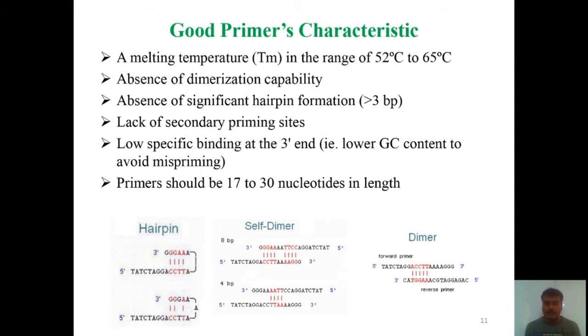If they have complementary sequences, they will bind with each other during the second step, that is annealing, and it prevents the binding of primers with your template strands. So our aim is to design a primer in such a way that it binds exactly with its complementary sequence in your template DNA. It should have a lower quantity of GC. If there is a higher quantity of GC, it may lead to mispriming, and also we have to increase the temperature if we have high GC content.